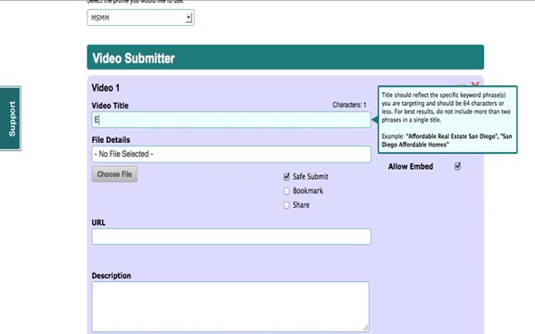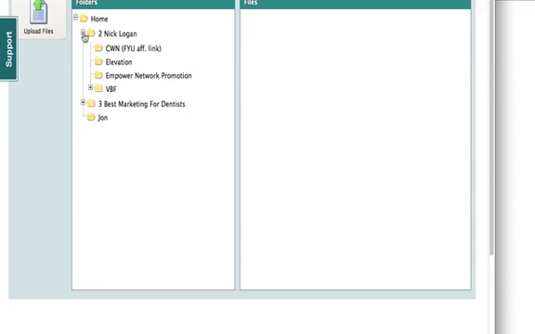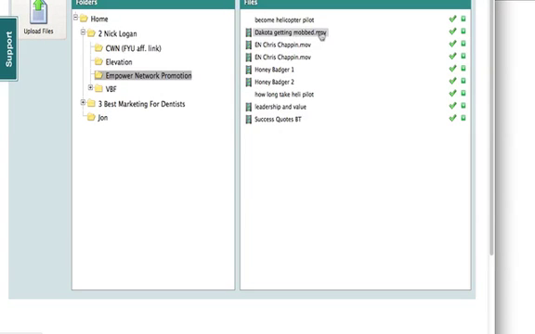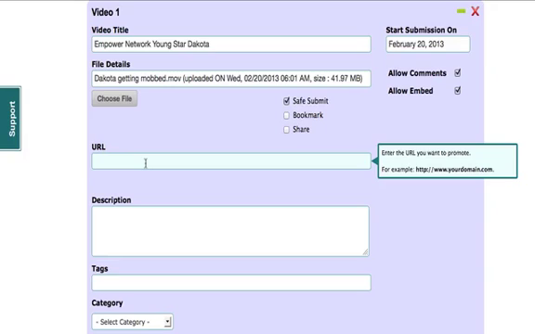So let's just say, you select the file, and we go find the folder, and we pick Dakota getting mobbed right there. So the file's there. Now the URL, this is where you want to get your backlink, or the URL that you want to promote. Let's say you're promoting a capture page, you can do that. If you want the backlinks to be beneficial, you want to put this to a specific blog post or your overall blog. So you want to make sure that you have the HTTP://